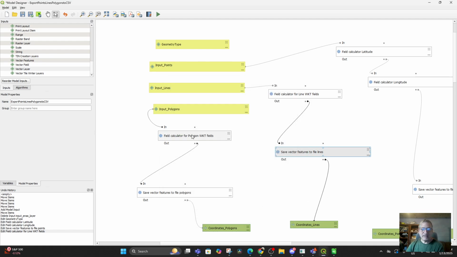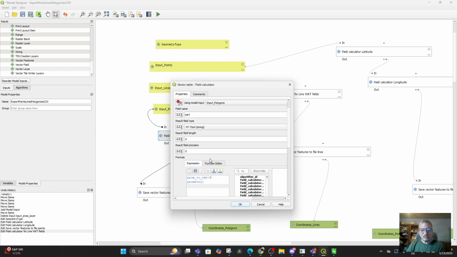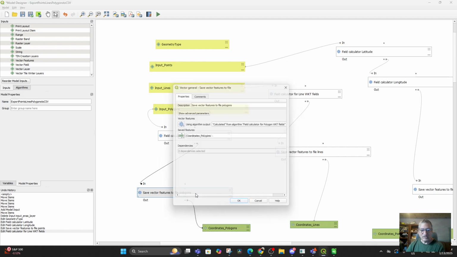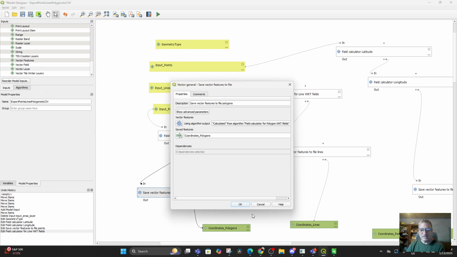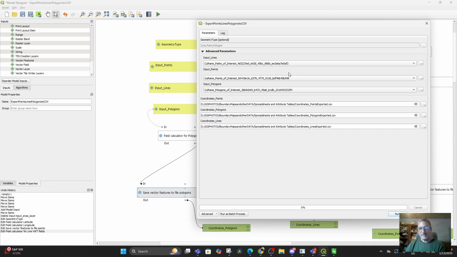And the same thing for polygons. Field calculator, it's the same text string, well-known text, and it uses the same formula. It's just going to take the polygons and do it for the polygons. All right. So we got that, and then that saves out to coordinates polygons. Right. So what happens now when you run this is